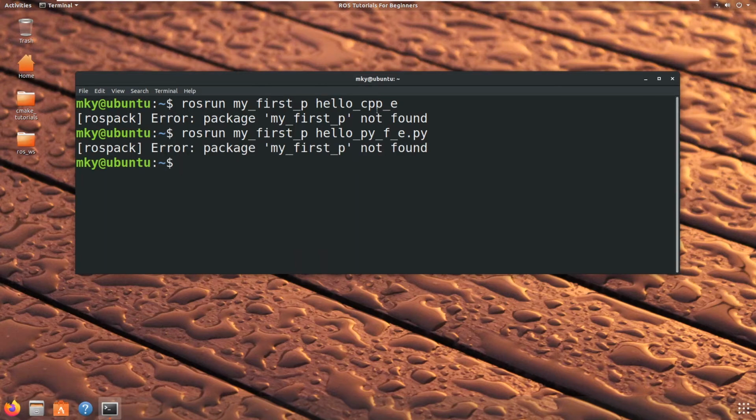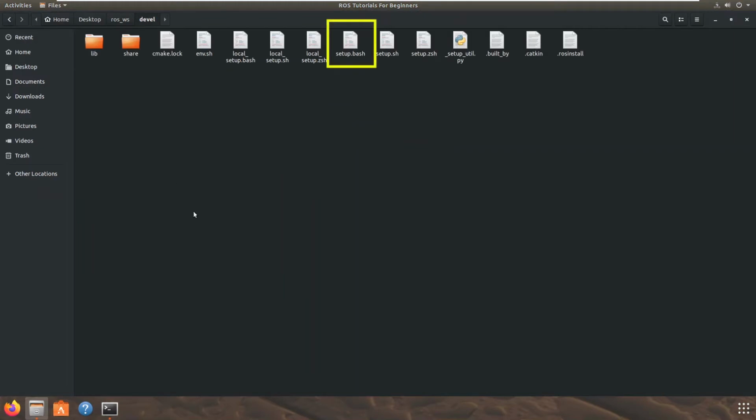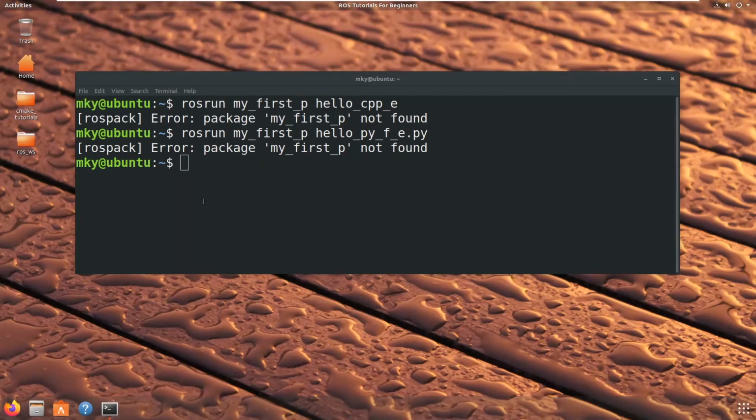And to fix this, we need to run the setup.bash file from the devel directory. Note that we need to run this file every time we create a new executable or open a new terminal. We will run the setup.bash file using the source command.